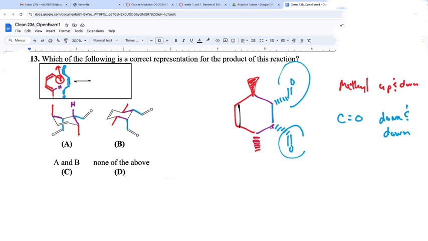Per whoever actually went through and did this one on the practice exam, what they noted was that these were just chair flips of each other. Does everybody see that they're chair flips of each other? If you're making the face, that's fine. You just don't see that. Don't worry about it. Find a different methodology to process it. Quite frankly, I saw chair flips and went, no way.